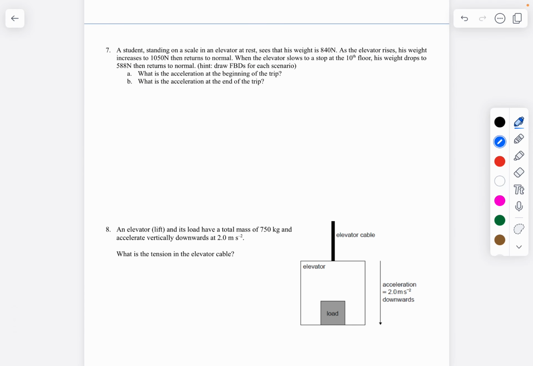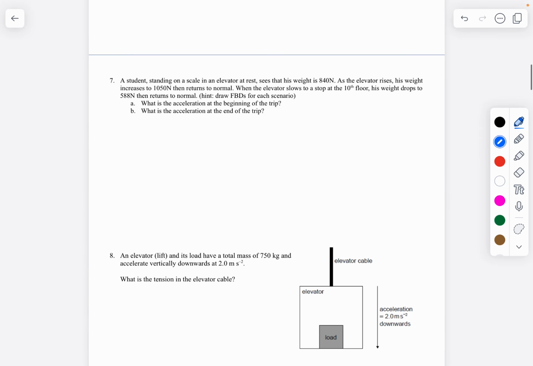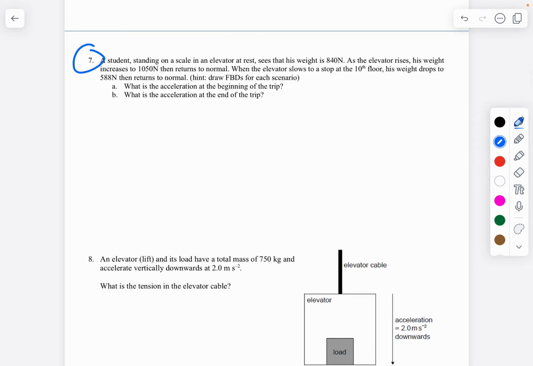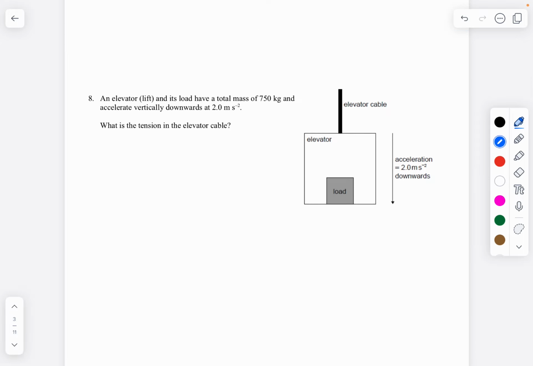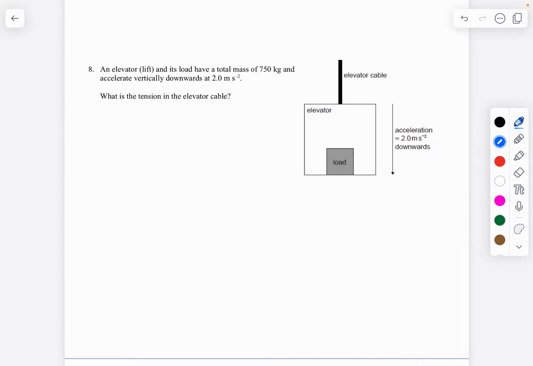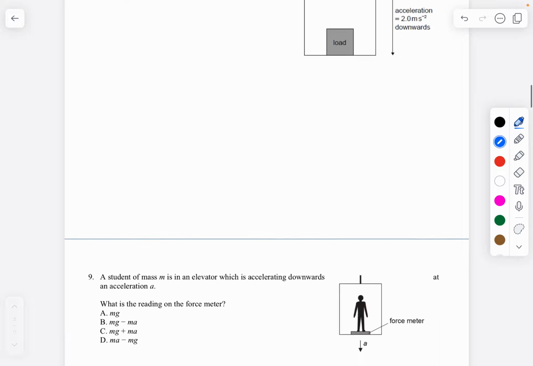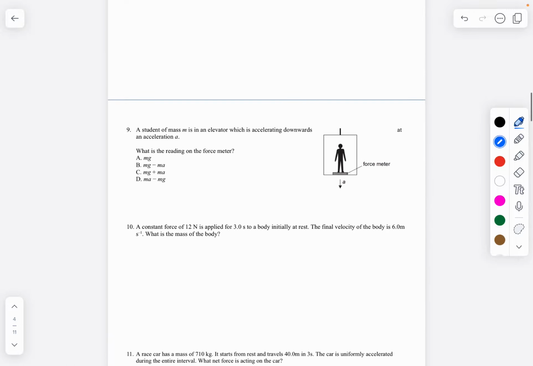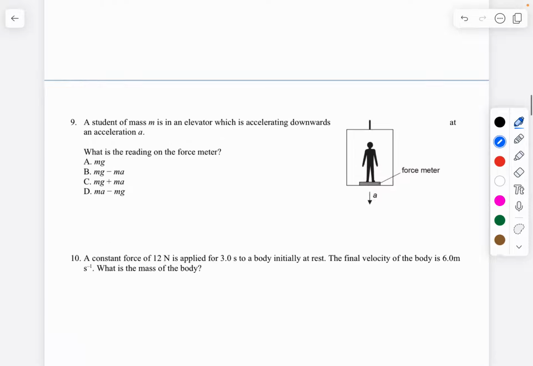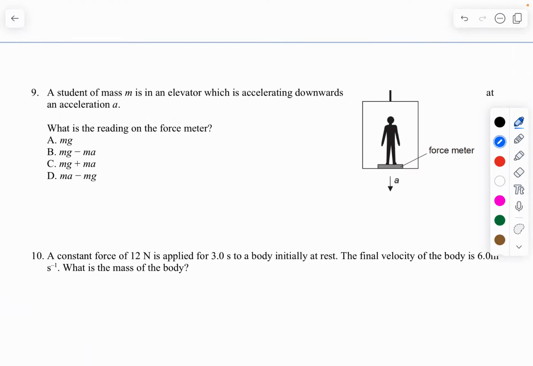Let's see, number 7. I feel like number 7 you guys can figure out how to do this one on your own, because it's basically our elevator lab, so I want you to try that. This one, number 8, is kind of interesting. Let's see, so I have time. Let me do number 9 first. So for number 9, you have